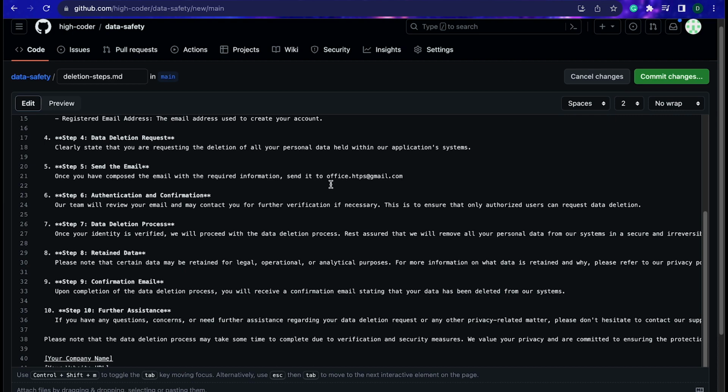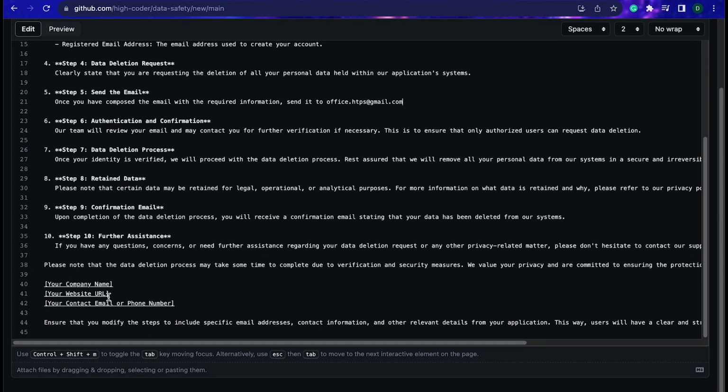This is the email ID that I want the user to send the data deletion request to. Here we have to write the name of the company, the website URL,